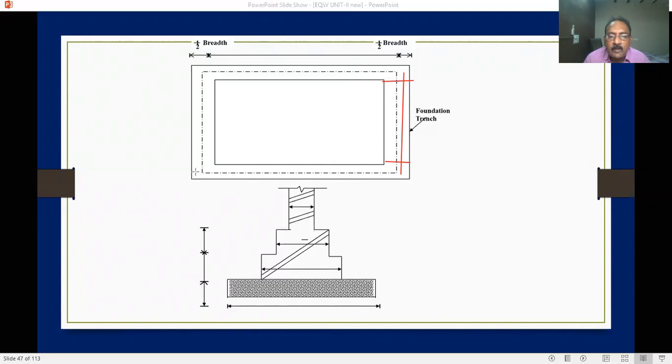See here, long wall means this is long wall, right? This is short wall. In long wall, we add half of width on both sides. In short wall, we deduct half of width on both sides. So this is very important to understand the concept of short wall, long wall. We'll see. I will explain in the next class also. Thank you.